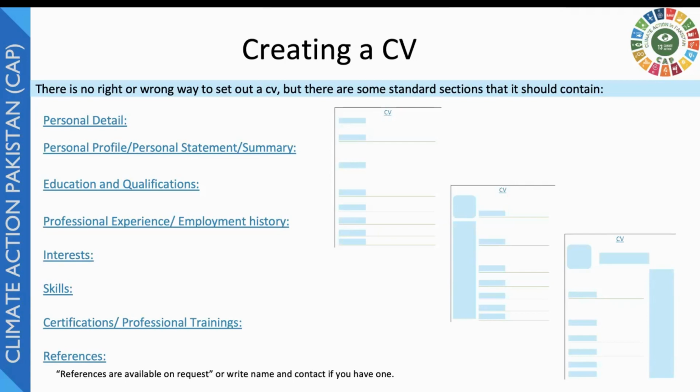And if you have any certifications or professional trainings, you can add them into your CV. And if you have any references, for example, your teacher or your supervisor, anyone who is available to comment on your profile, you can add his or her name. But if you don't have any available references, you can just write references will be provided on request. So whenever an employer or any academic teacher asks you, you can provide the name and contact number of your referee, who can comment on your profile.